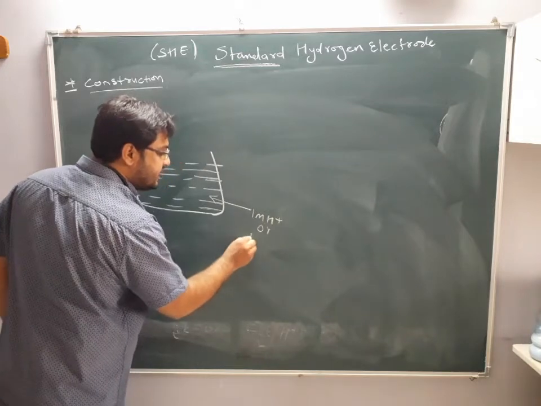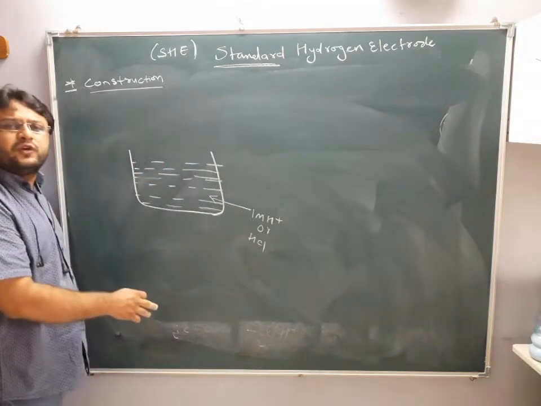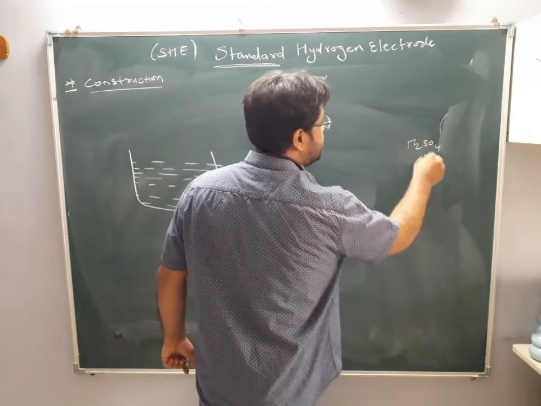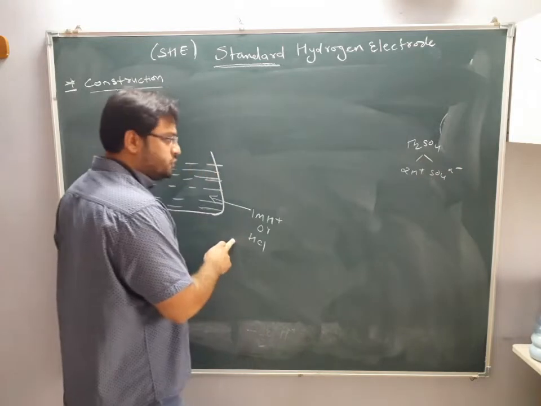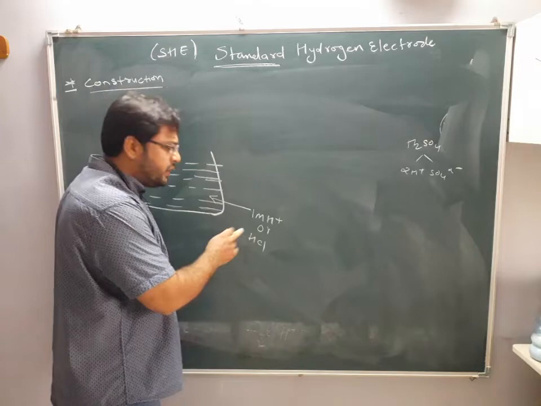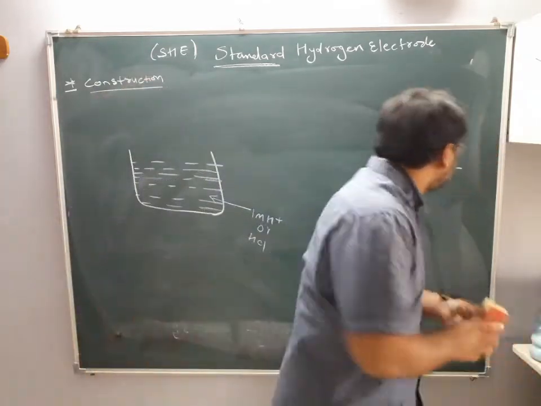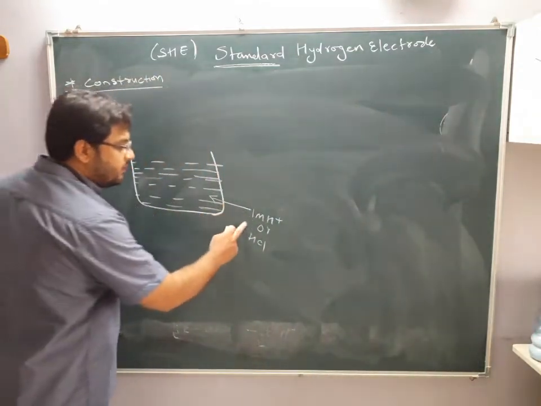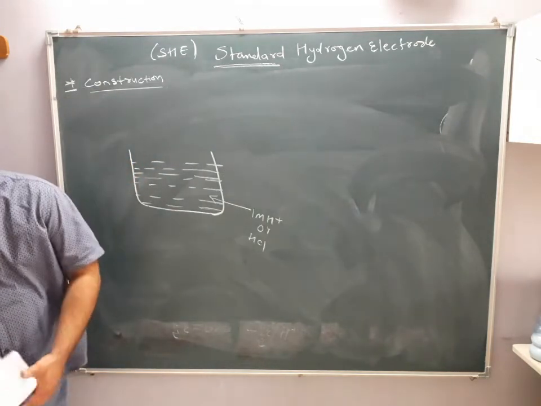Who can give me H+? HCl. Yes or no? I can take H2SO4 instead, but H2SO4 will give me 2H+ plus SO4 2-. So I am not taking H2SO4 presently. Instead of HCl, yes, you can take H2SO4, you can take HNO3, you can take any H+ source, and H+ means acid. So I am taking one beaker. In this beaker, I am taking 1 molar H+ solution or HCl solution. Clear this part?